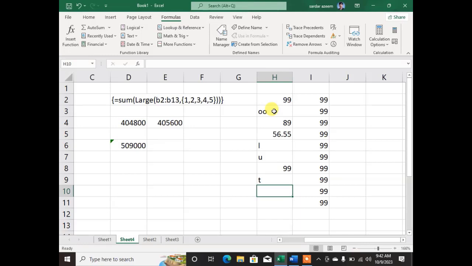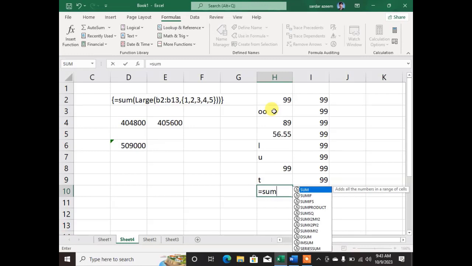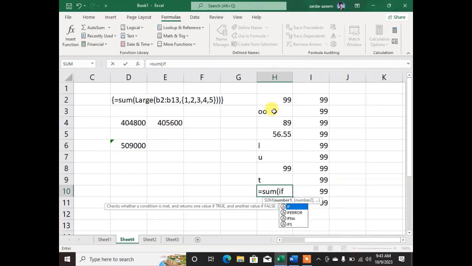If we apply the sum formula, it will not sum up this range of cells because it contains errors. Now what we'll do is equal to SUM bracket starts, and then we'll type IFERROR